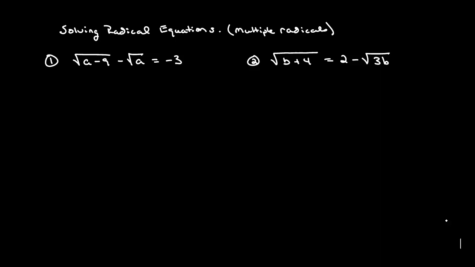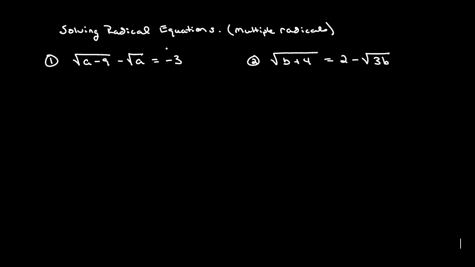Now, these are the most complicated type of problems that you're going to see in this section. So we're going to work on still solving radical equations. But this time we're going to see multiple radicals, so I'm going to see more than one. When you have that kind of situation, your first step is to isolate one of the radicals. It doesn't matter which one you isolate, but you just want to get one of them